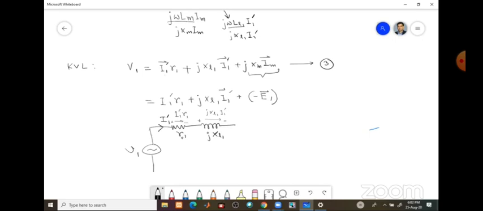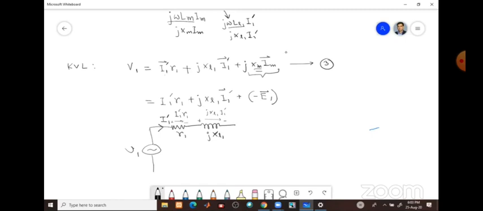Similarly, you see there is a change in the current. Up to this point, the I1 prime current was flowing through this R1 and through this XL1. Now the current has changed. One part of the current is not flowing through XM. We have another reactance XM through which the whole current is not flowing, only a part of the current is flowing. And that part is IM.